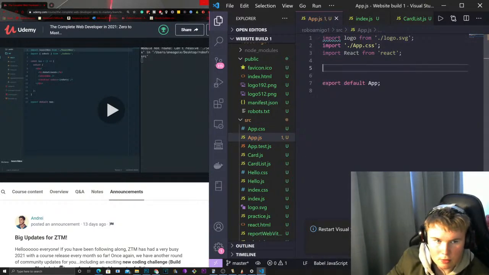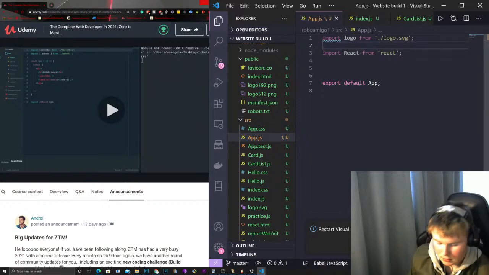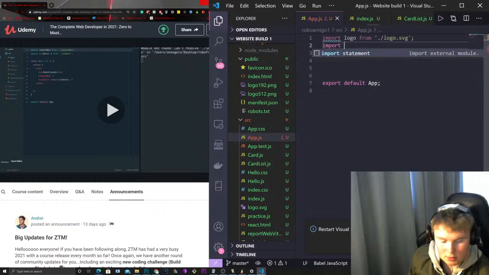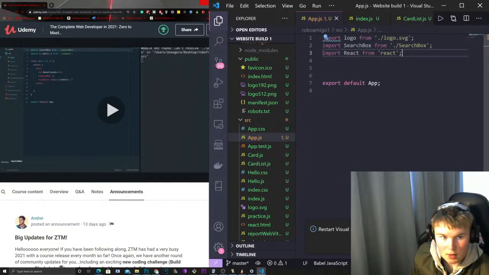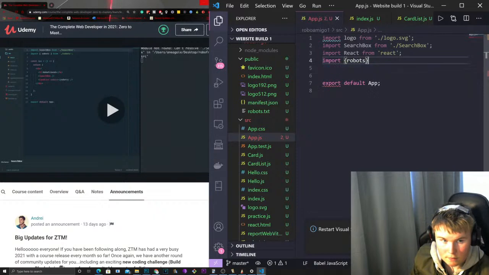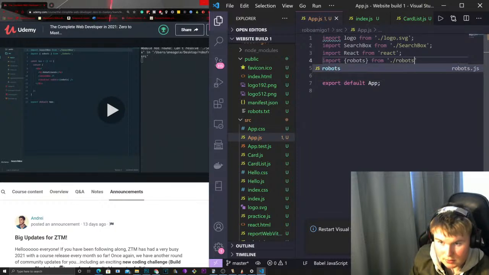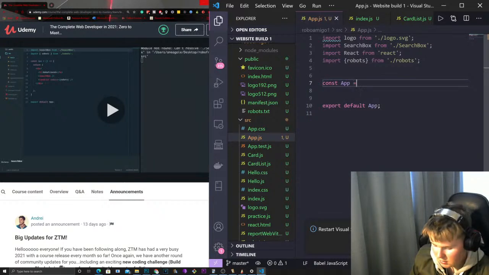Okay, we don't need to import app.css, so we're going to import two others. So we'll have import SearchBox, which we're going to create shortly, from ./SearchBox. Okay, that's one. And we're going to import robots, which is a robots array that we're building, from ./robots. Okay, so now we'll have a constant App equal to a function